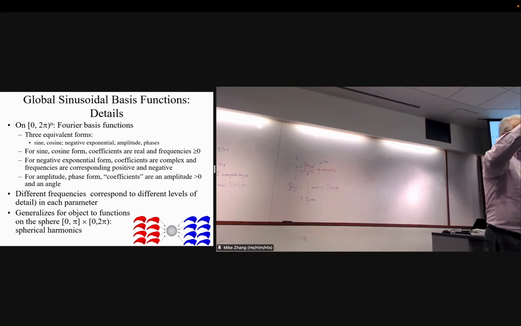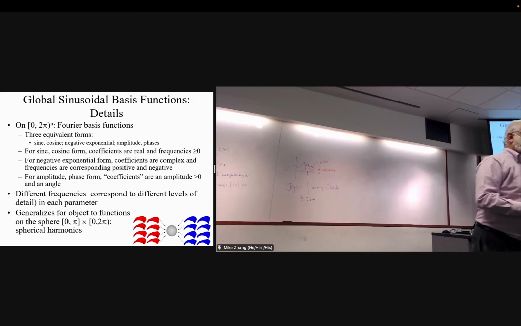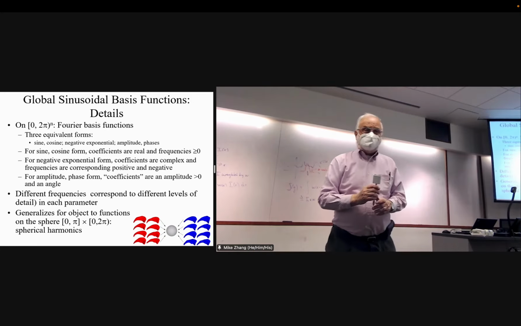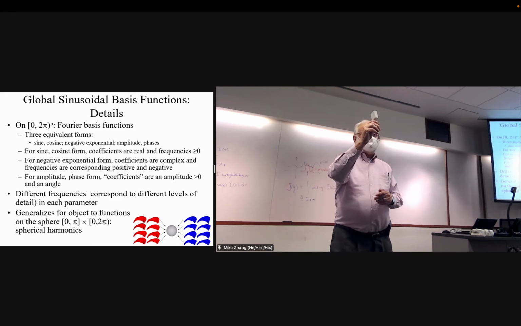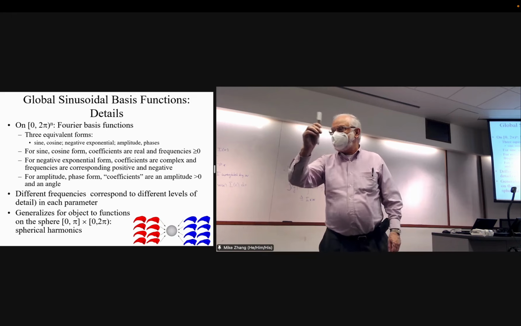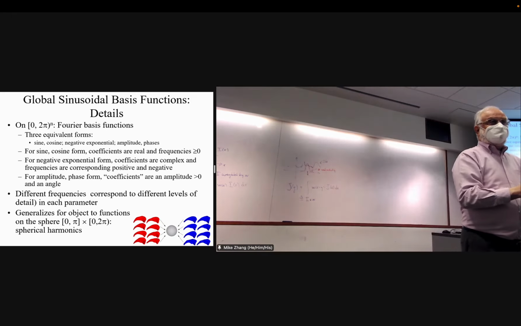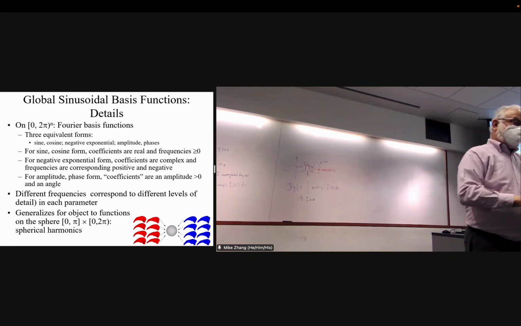Just as a red, green, blue image, a color image, is r as a function of x, y, g as a function of x, y, and b as a function of x, y. You have three image functions on the flat space x, y,